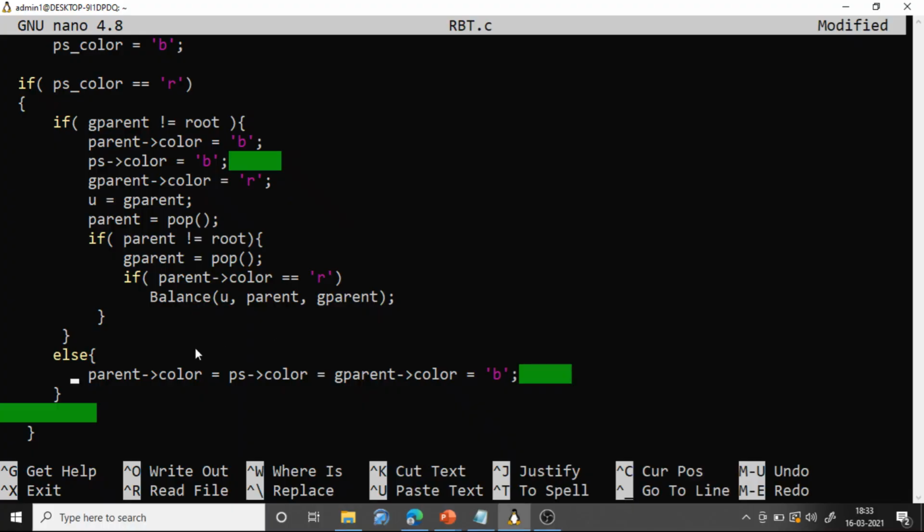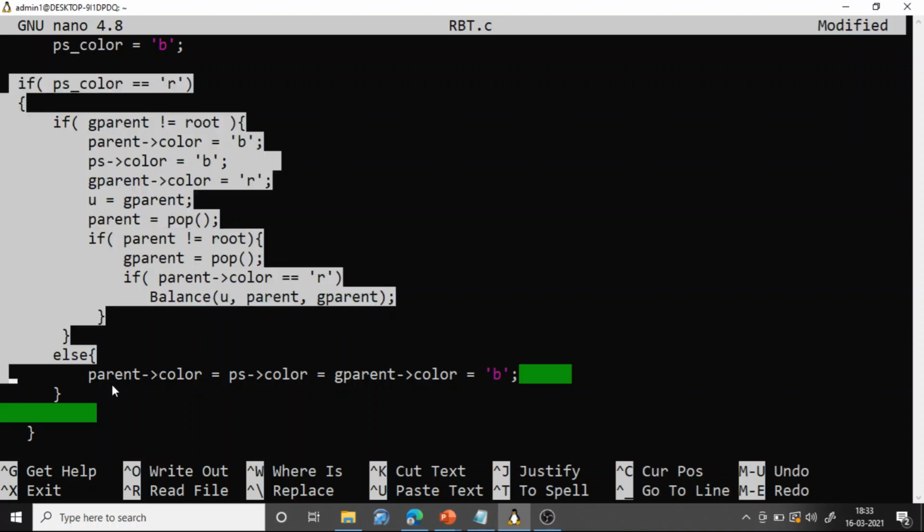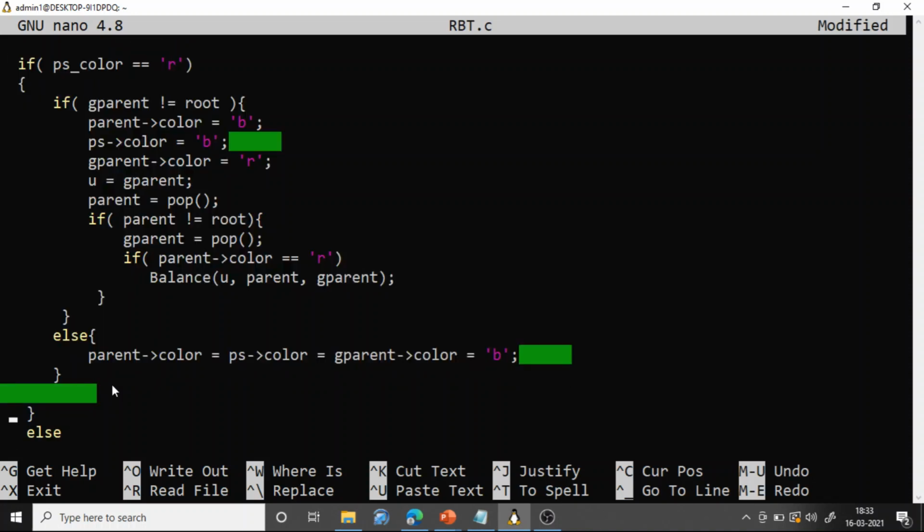Suppose the parent sibling is red in color, but the grandparent is the root node; if the grandparent is the root node, then what you have to do is set the parent color, parent sibling color and grandparent color as black. That's it. So this is the code for recoloring. This entire thing is for recoloring, that is, if the parent sibling color is red.